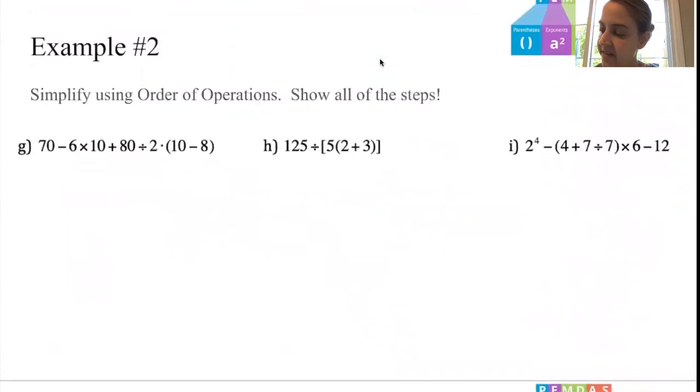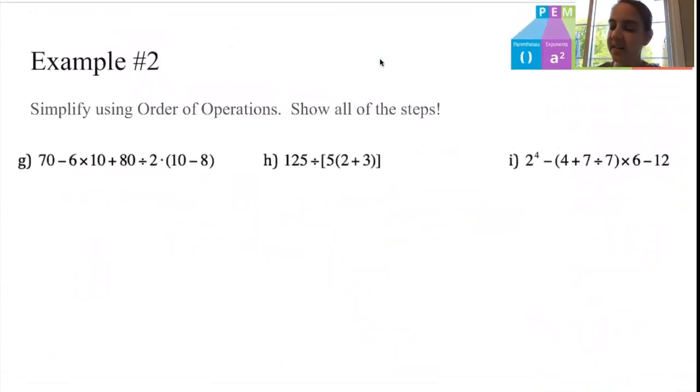Oh my goodness, I have even more. I didn't even realize that. Simplify using order of operations and show all those steps again. For letter G, I see exponents. No, I don't. I see parentheses. 10 minus 8 is 2. So if I rewrite this problem,